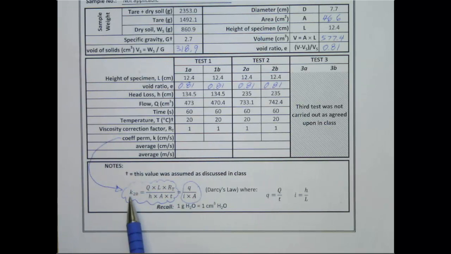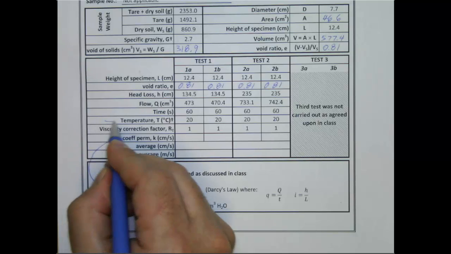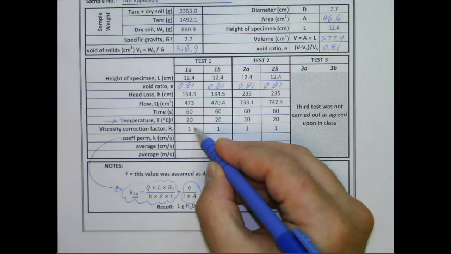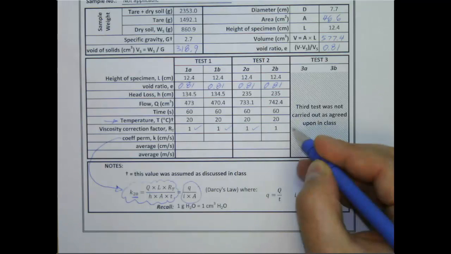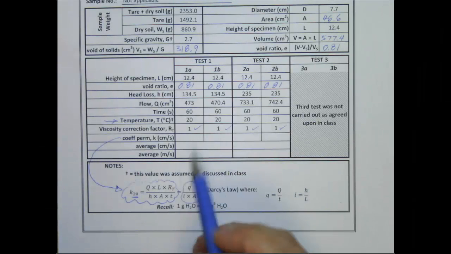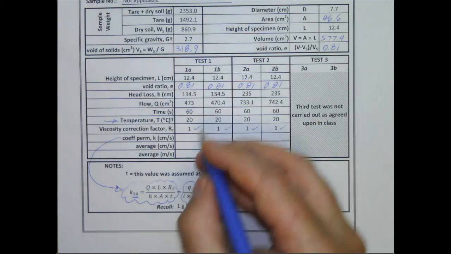The only difference is this is the coefficient of permeability at 20 degrees, which is the temperature at which we assumed the water was. We assumed that value again because it allowed us to get a viscosity correction factor of 1. Otherwise, we would have had to calculate the viscosity correction factor. Remember, we discussed this in class, how if the temperature had been different, this would have been affected because water flows faster or slower. If you use this formula here, with all the data that's provided for you here, 3 out of 4 times for 1a, I obtained, with these numbers,